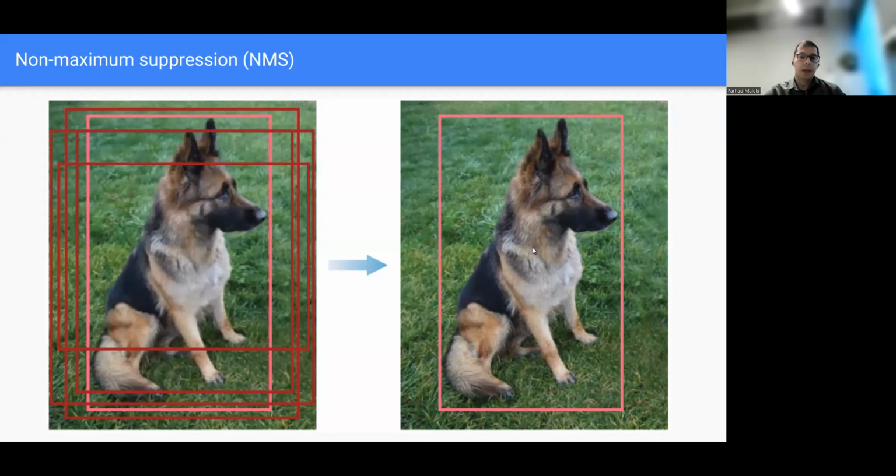The goal, as I mentioned, is to get rid of all of them and pick the best bounding box here. And this is something we call non-maximum suppression. One thing I want you to know, I don't expect you to learn all of the concepts, but I want you to learn the terminology as you will be starting your work.